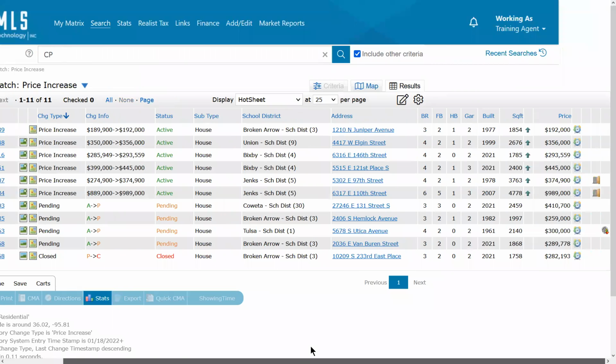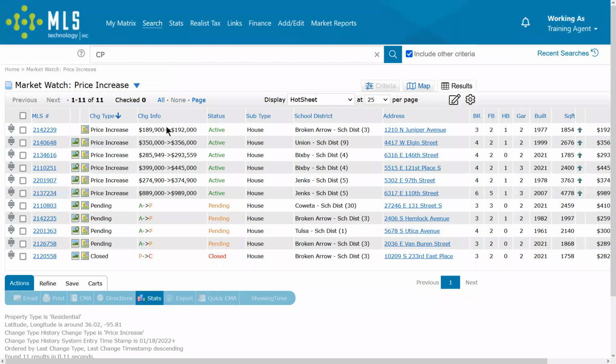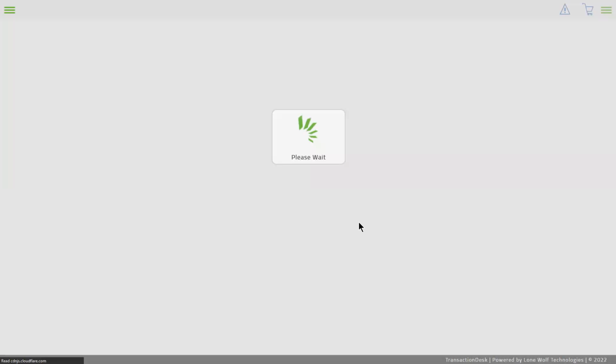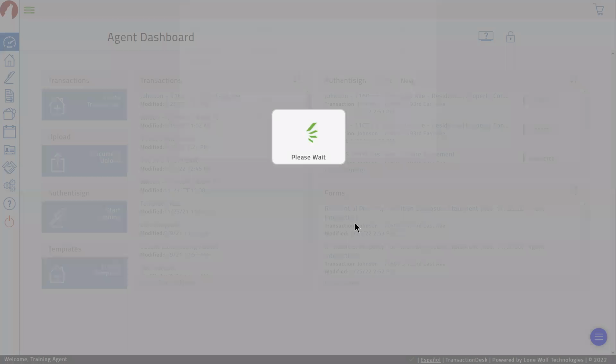So when you guys are looking at listings in the transact or in a search, there's going to be an icon over on the far right. It's going to match the same icon that you have here under the photo that says start a transaction. What this is going to do is it's actually going to take not only the information from this particular listing's property details, so how many bedrooms, bathrooms, the price for it. It's also going to pull over the name, the office of the listing agent and listing broker.